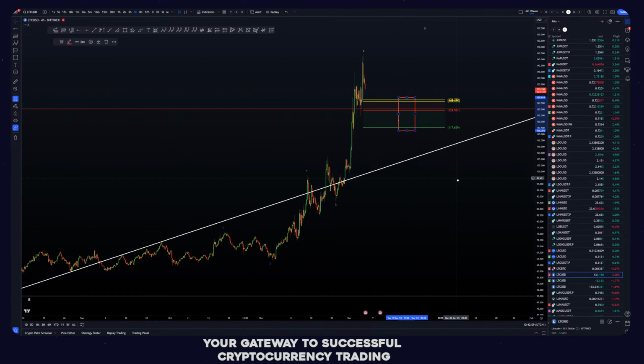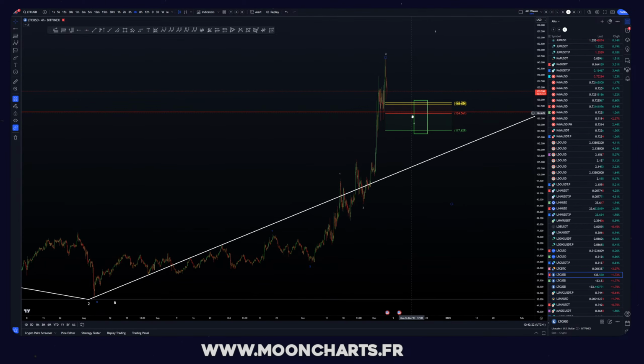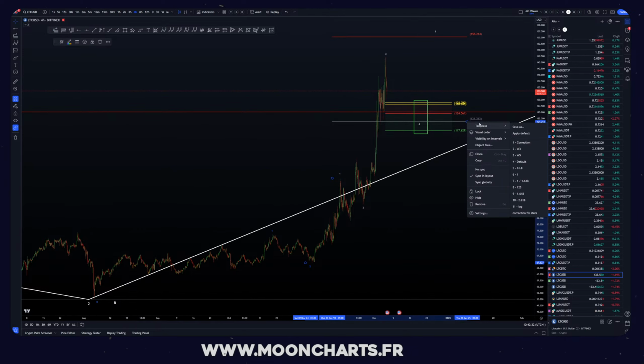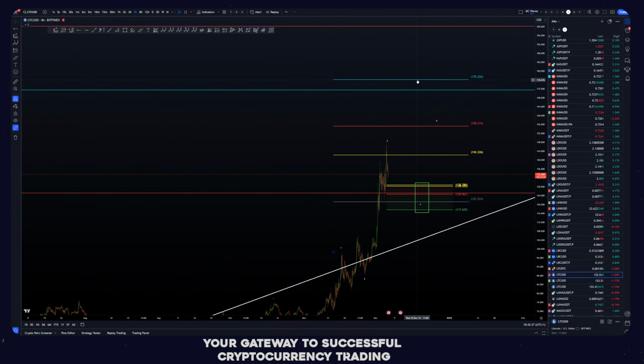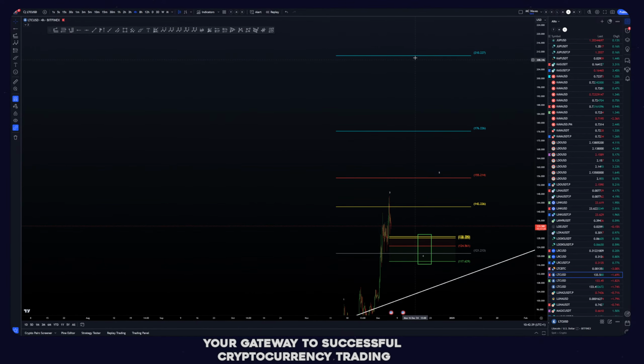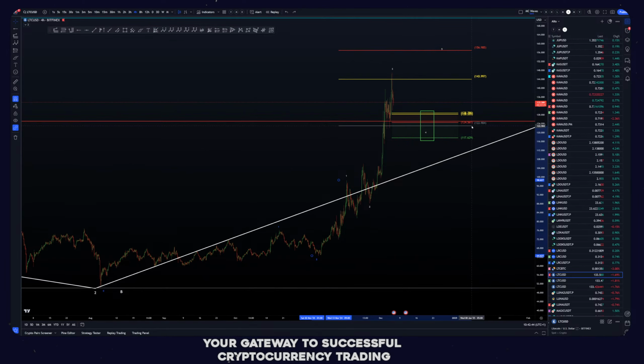Because the thing is, you got a touch of the 50%. Normally you take that one, but this was a very small one. This was the real end of the correction of the wave 2, so I'll still be aware of the 50%. That whole thing here is a target. Once you've got that wave 4, you can look for the wave 5 next. You can pull the extension, as always, from the wave 1 root to the wave 1 top to the wave 4 bottom. From here you can add the wave 5 targets: 0.618, 100%, 1.618, and 2.618. These are the targets you can look for next from the wave 4 bottom.